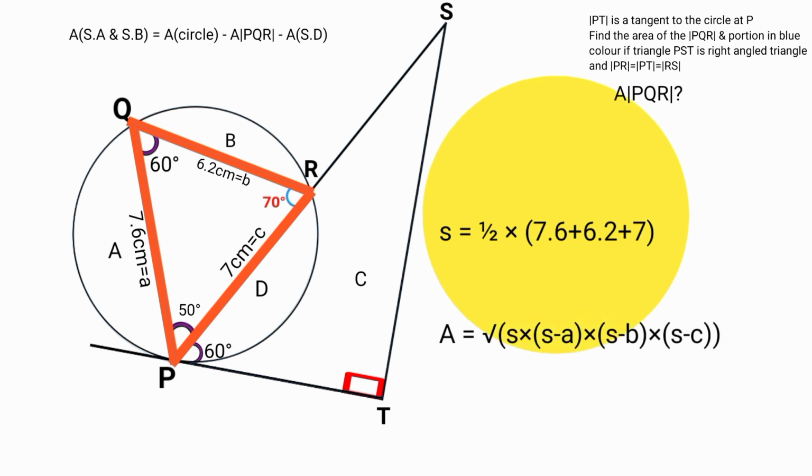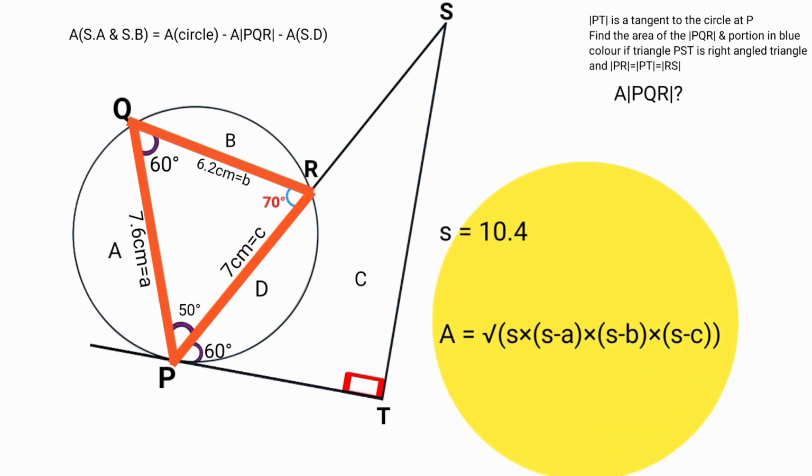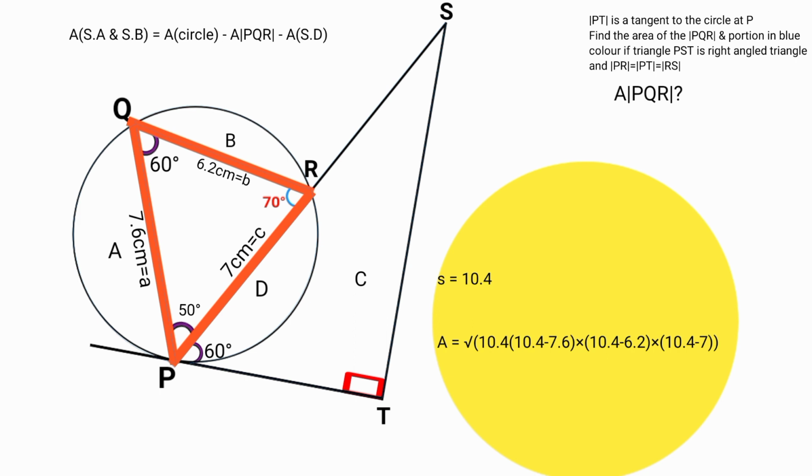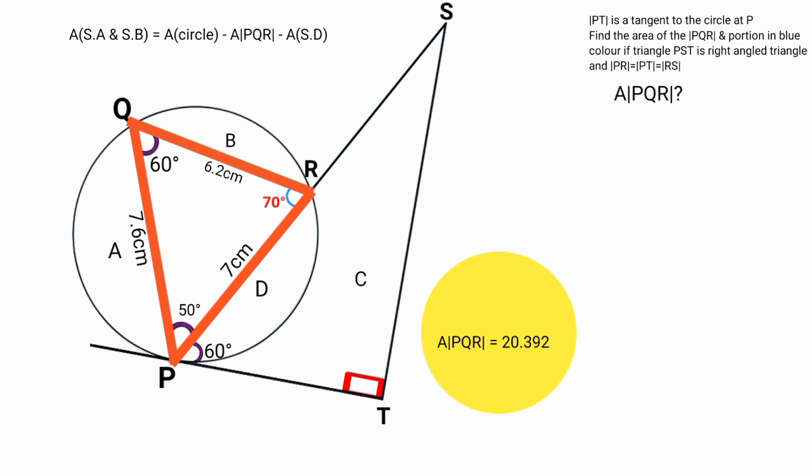1 over 2, which is 10.4. So substituting the respective values here, area equals the square root of 10.4 open bracket 10.4 minus 7.6 open bracket 10.4 minus 6.2 open bracket 10.4 minus 7, which if you press your calculator equals 20.392. So we find the area of the triangle to be equal to